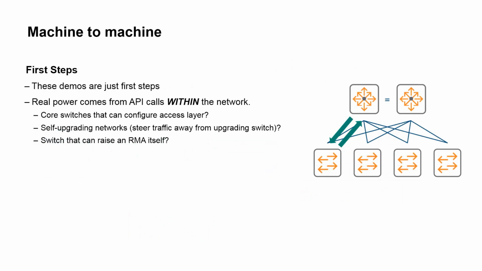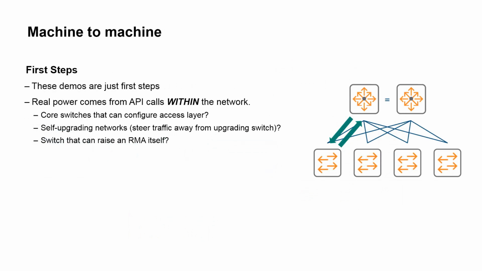So it's a bit like a kind of automated graceful restart, where a core switch thinks to itself, I'm not running the version of code that I need to run, so send traffic to my buddy. I'm going down, traffic flows over the other device, I do my reload, it comes back up, and sends the traffic back to me, all via API calls.